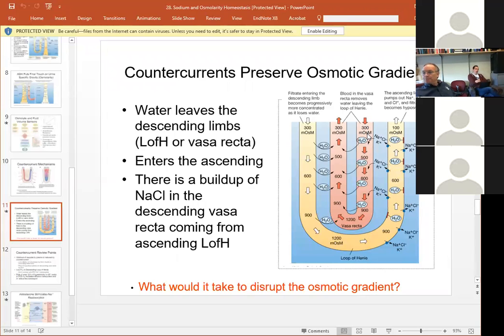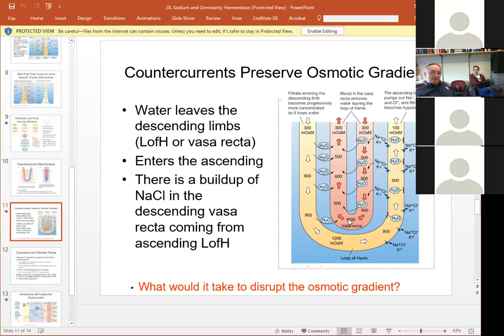The plasma coming in through the peritubular capillaries is picking up this sodium chloride that is being kicked out of the nascent urine in the ascending limb of the loop of Henle. So it's getting concentrated as it dives down in countercurrent fashion. And the fact that it gets clear down to around 1200 milliosmolar at the tip of the peritubular capillary that's running in parallel to the loop of Henle,